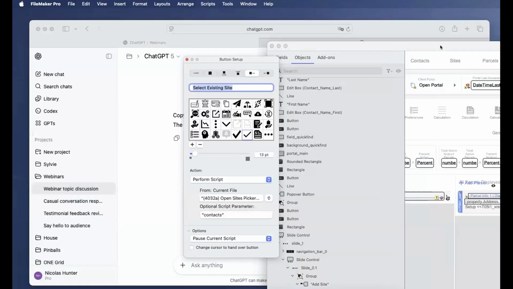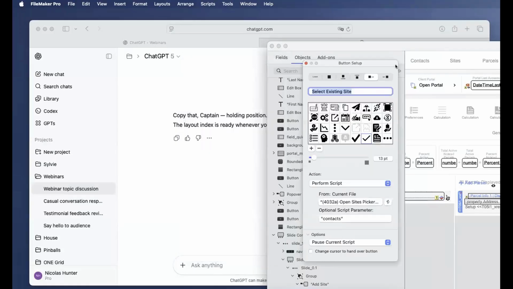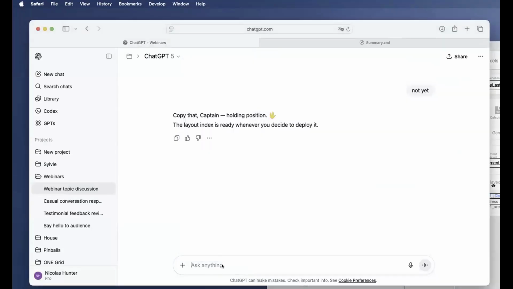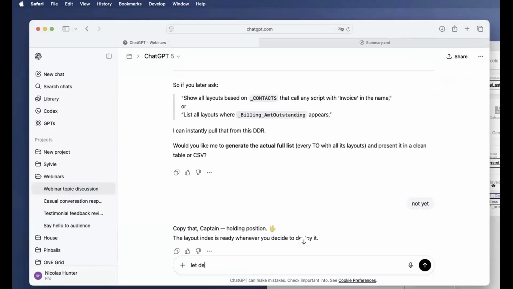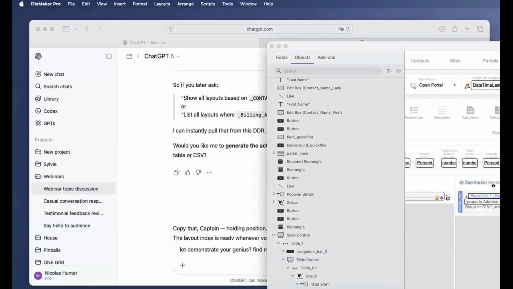So here, for example, I will say I want the script 4032A. Which layouts? Okay, let's demonstrate your genius. Find me the layout where I have a button triggering the script, what was the number? 4032A.